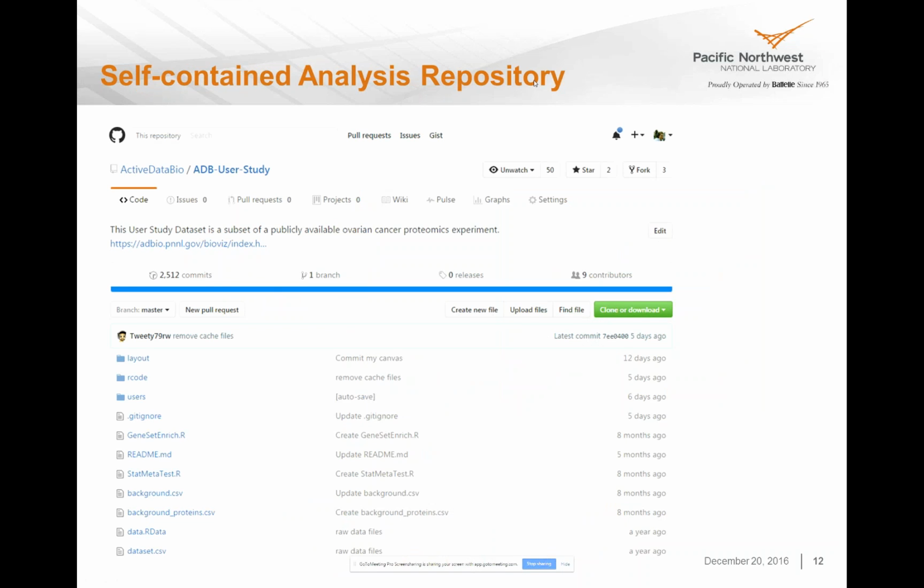Essential for this is that the repository is self-contained, so all of our data is in the repository, and all of the code to explore the data is also in the repository. So this answers the question earlier about whether this is open source. The choice for whether the data is open source is now not my determination anymore, it's whoever is doing the project. They put their data in the project, and somebody can make it a public open source thing, and it can be forked and shared. Or if it's sensitive in a way that they don't want to share, GitHub offers the ability to have private repositories.